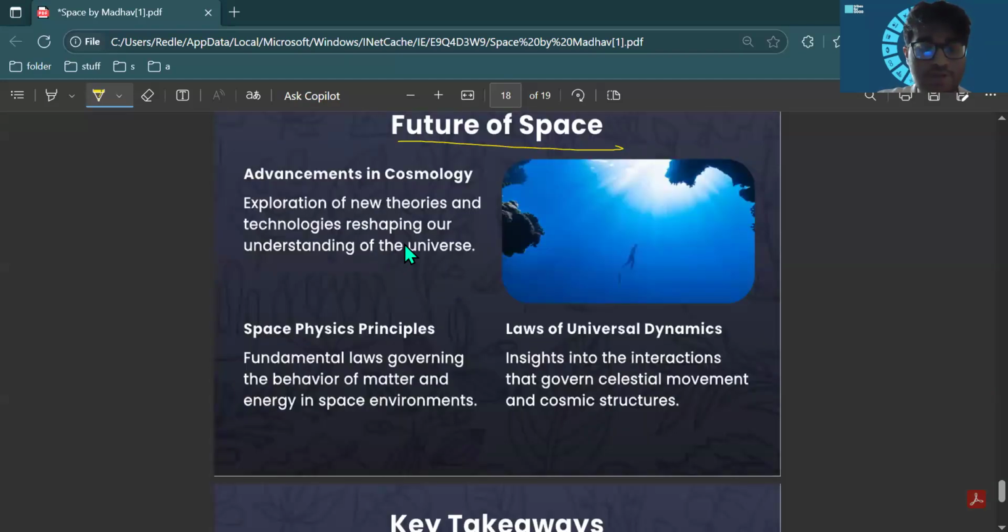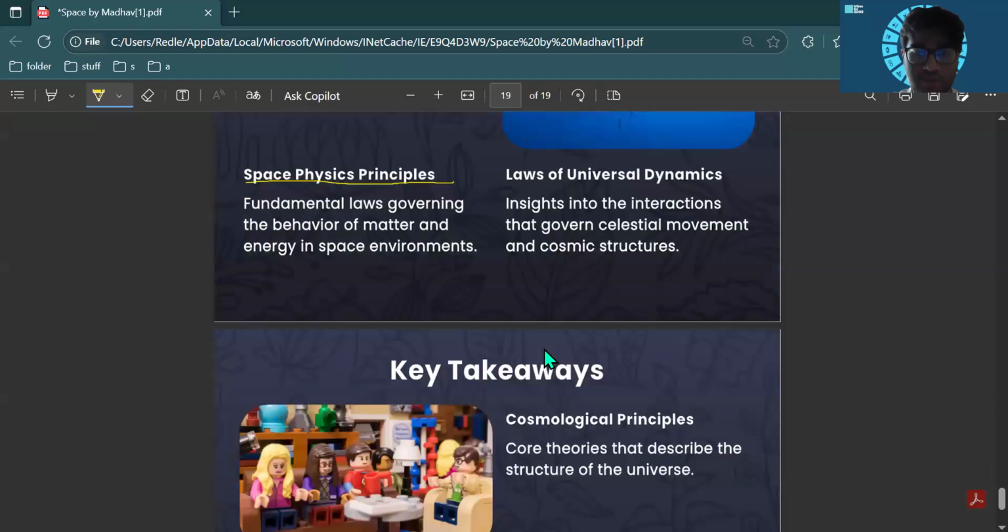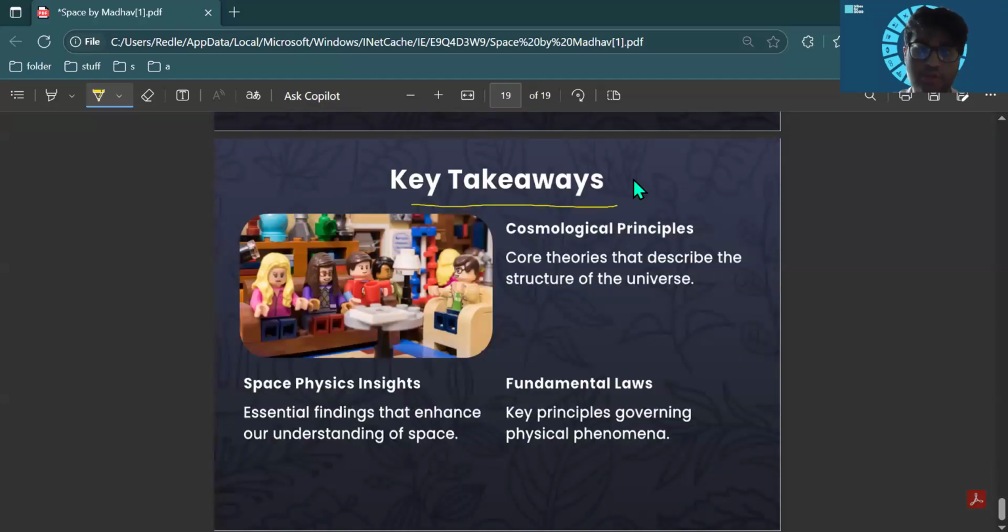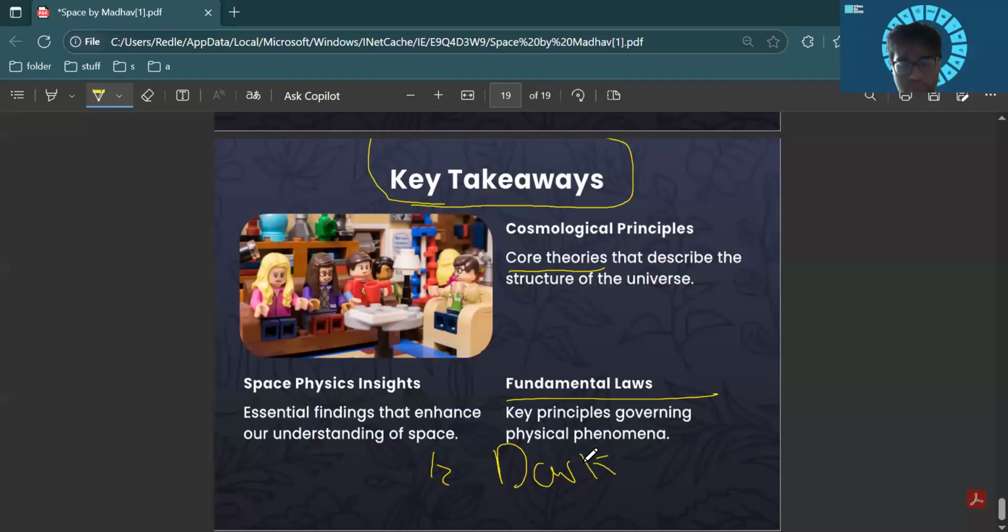Now, in the future of space, scientists are now studying cosmology, and expanding dark energy, dark matter. Many laws and principles are being made. So key takeaways from this PowerPoint: there are many laws and principles, many scientists, and dark energy is a mystery, right. Scientists don't know what dark energy is, so they are still currently studying to understand dark